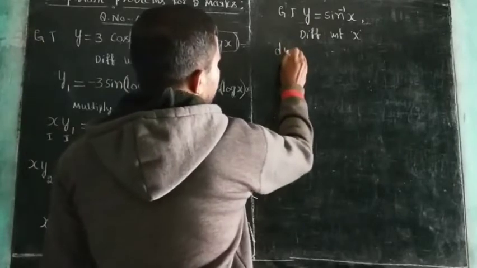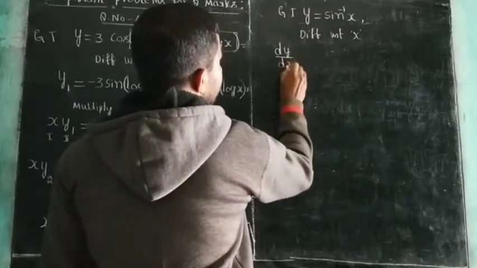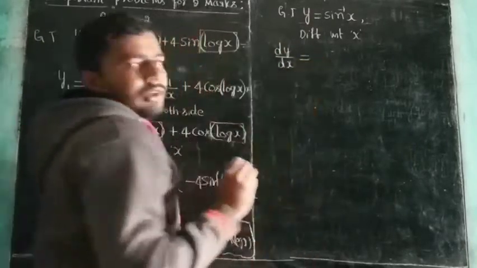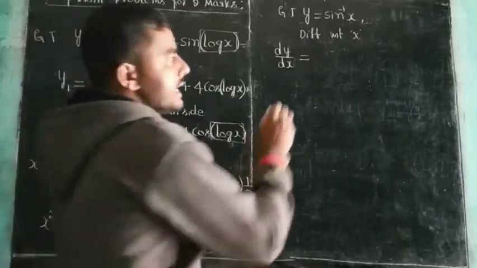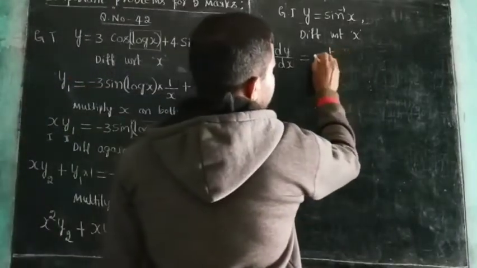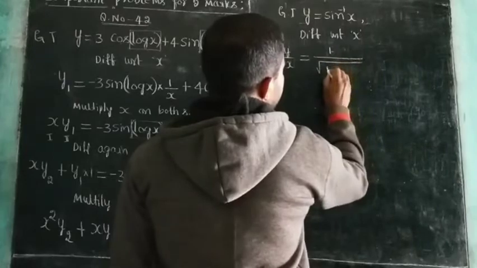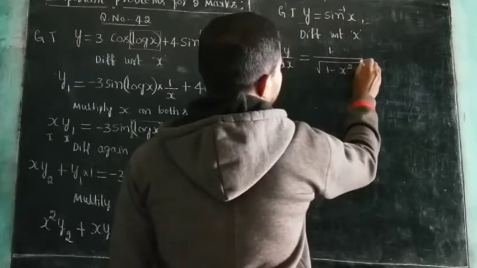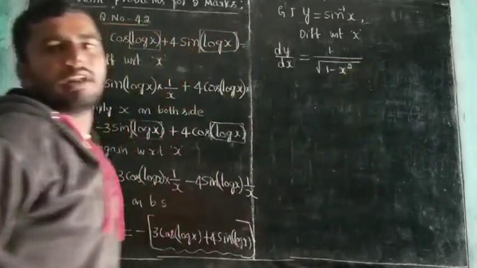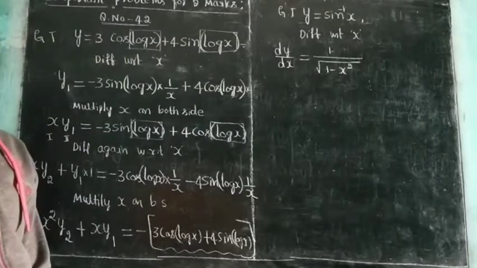So dy divided by dx is equal to, what is the derivative of sin inverse x? The derivative of sin inverse x is 1 divided by root of 1 minus x square. Once again,